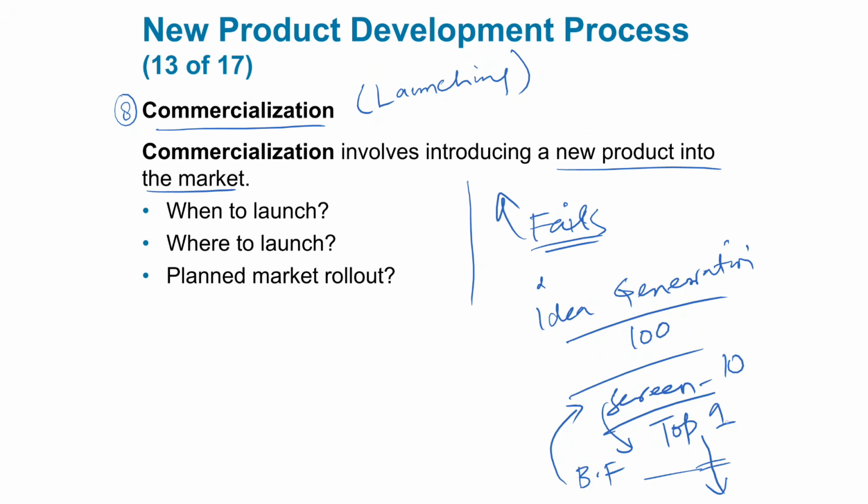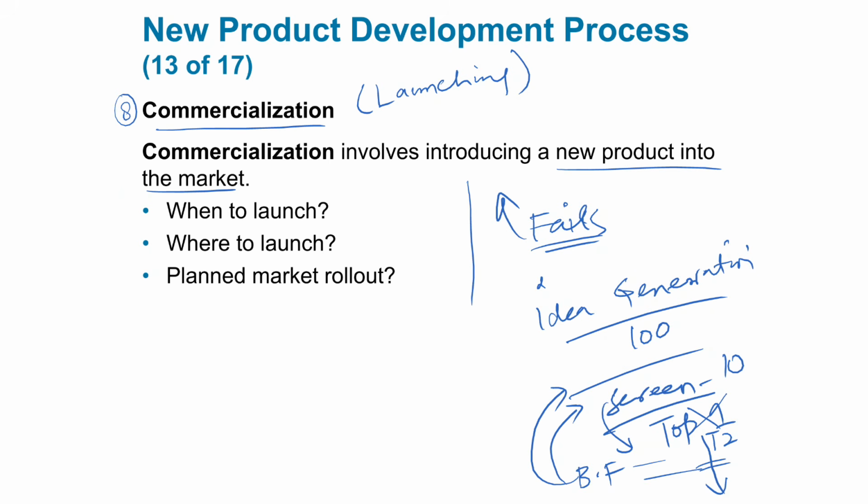Then idea number 2, suppose this idea failed. So you choose top 2 idea and then move to the next stage, business feasibility, testing, blah blah blah. All those, if it fails, go back to the previous stage and so on and so forth. So you will continue doing the process for as long as you do not clear each and every stage. Make sure that each and every stage is extremely crisp, clear before you move to the next stage.